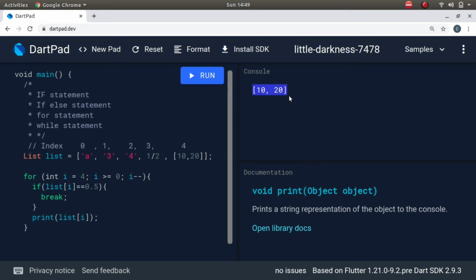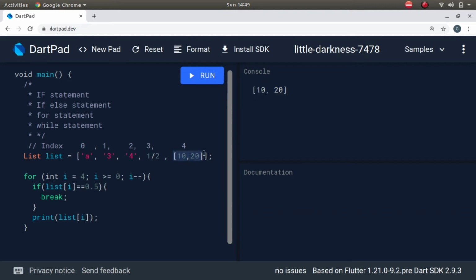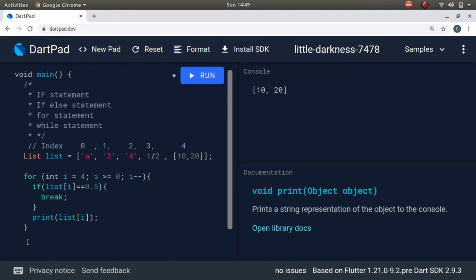Hence 10 and 2, the first element, is printed, and after reaching 1.2, that is 0.5, it entered this if and executed this break statement. Break statement means exit this for loop and then continue with the code following it.